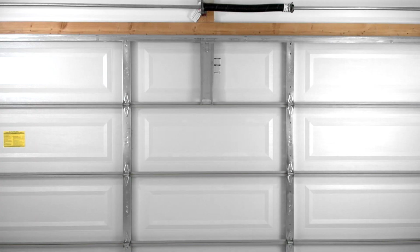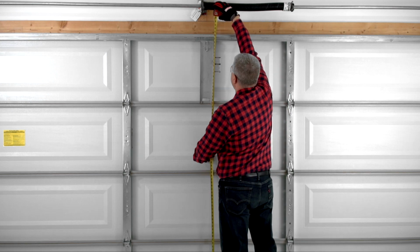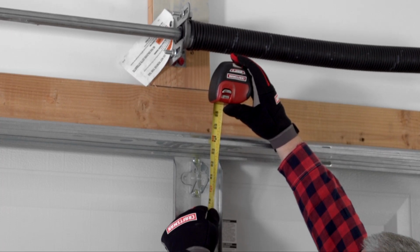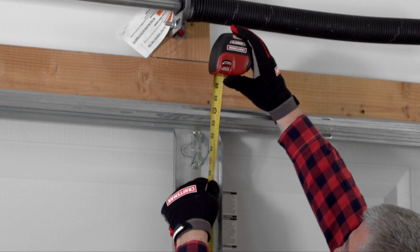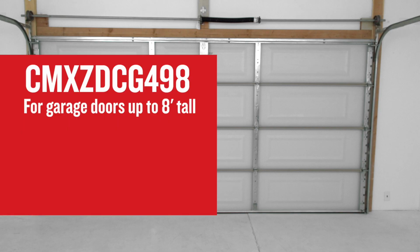First, measure the height of your garage door. All Craftsman garage door openers are provided with a rail design for a 7-foot tall garage door. If your door is taller than 7 feet and up to 10 feet tall, you will need a rail extension kit. Kit number